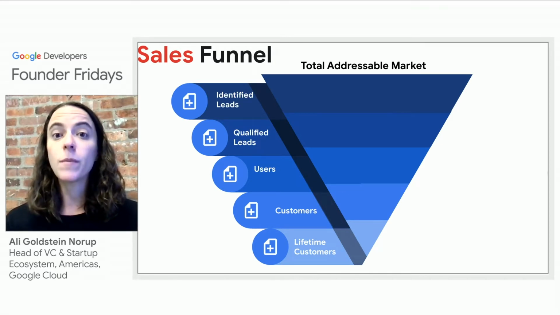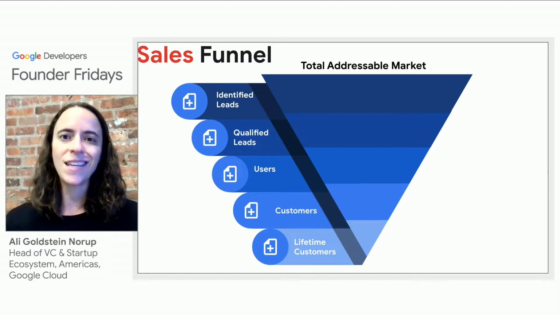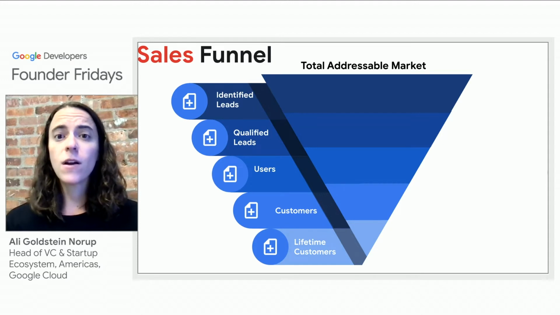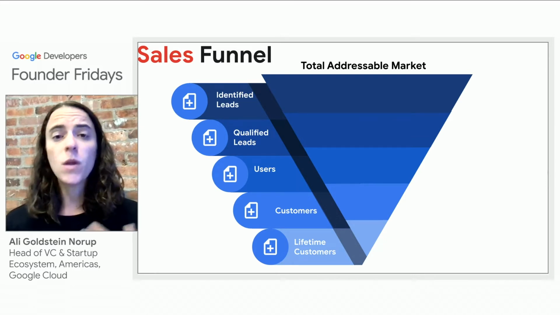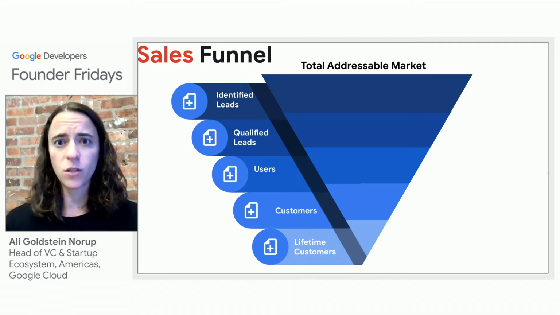That means that they're going to be using the product, but not yet paying for it, which means as a user, very specifically, there's a great transition moment when a user transitions and converts to a customer. Once again, user to customer is a key conversion moment. Now, ultimately, we want to retain those customers as much as possible and make them lifetime customers.